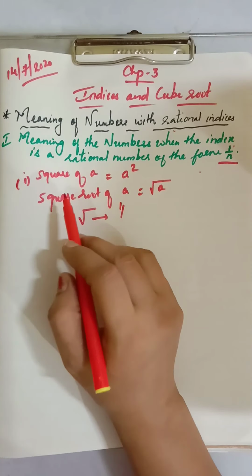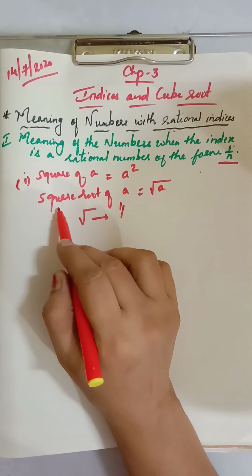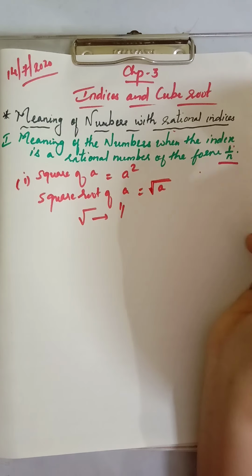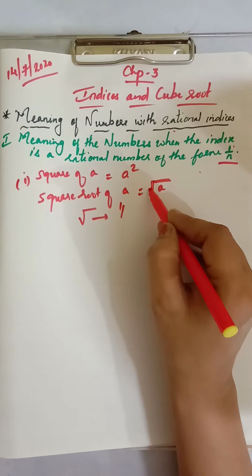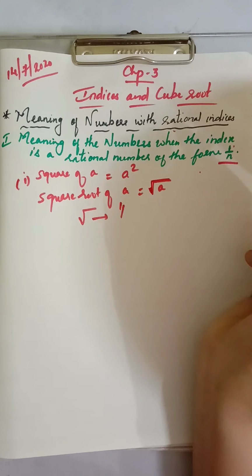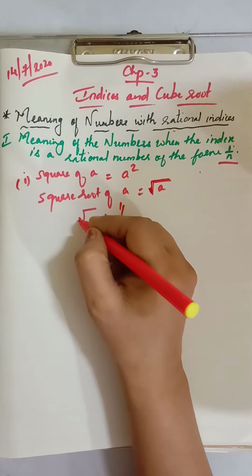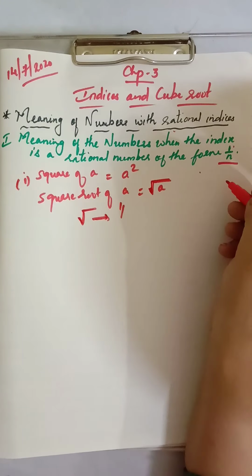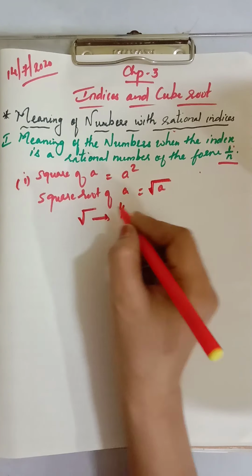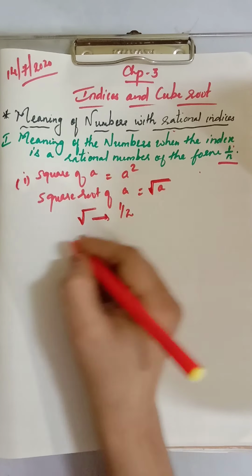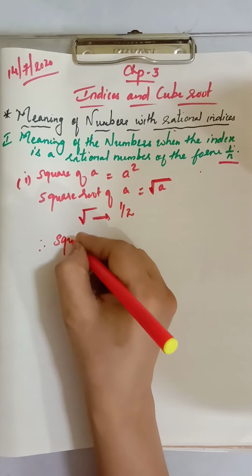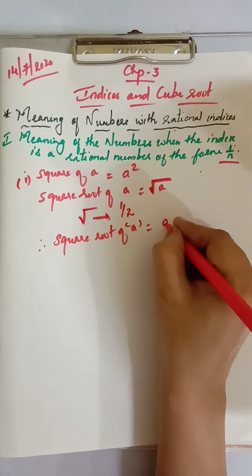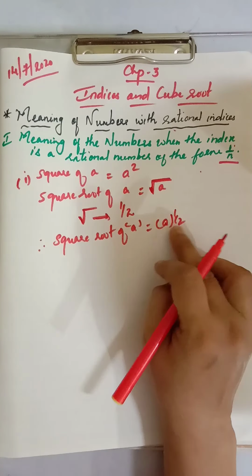Now we had even learned how to write the square root of a. We used this radical sign to denote the square root of a. So how to write the square root of a? We are writing it in this way. Now here children, instead of this radical sign, we can write the square root in the form of a fraction, and for denoting the square root the fraction will be 1 upon 2. So you can write the square root of a equal to a raised to 1 upon 2.